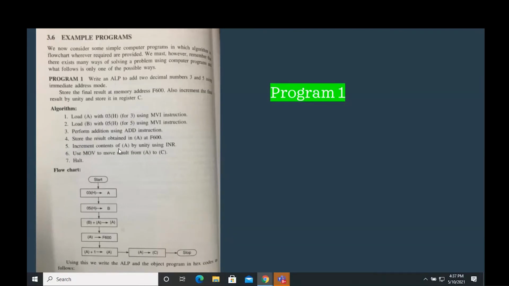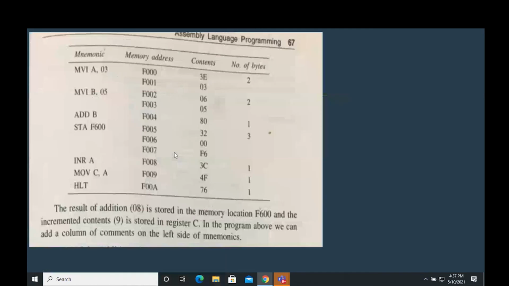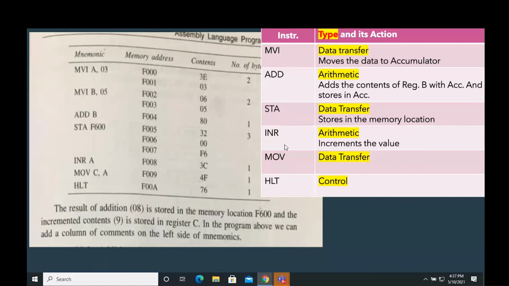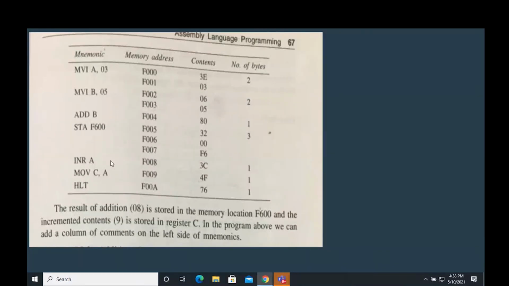So I'm writing INR A. Now, what type of instruction is INR? As I mentioned, INR we increment. It's an arithmetic instruction. Just remember that at the back of your head. Now, what am I incrementing? I'm incrementing A. If you look at instructions like INR A, ADD B, these are all 1-byte instructions, because there's no other data, nothing else. Increment this. ADD B is adding the contents of B with the contents of the accumulator and storing it in the accumulator. So much is done in ADD B, but it's still a 1-byte instruction.